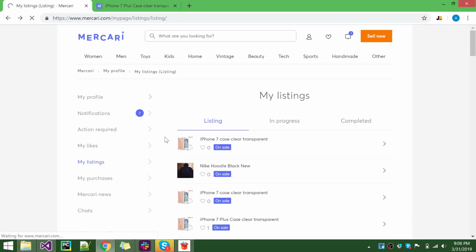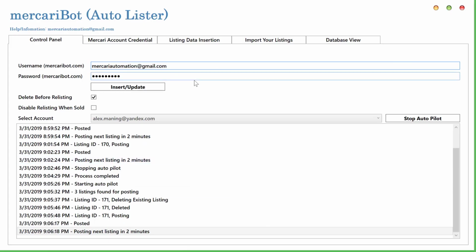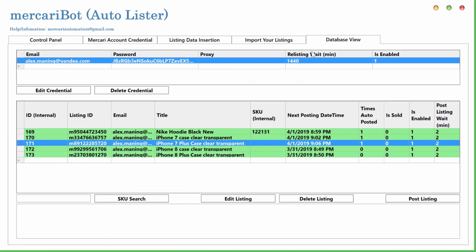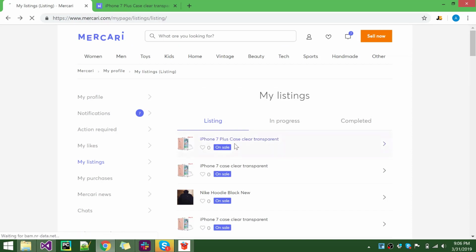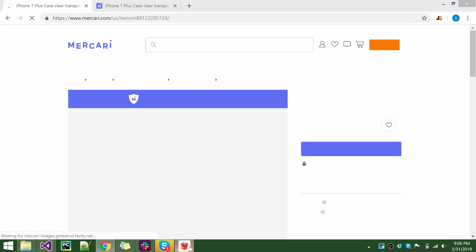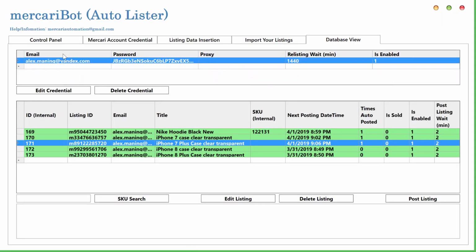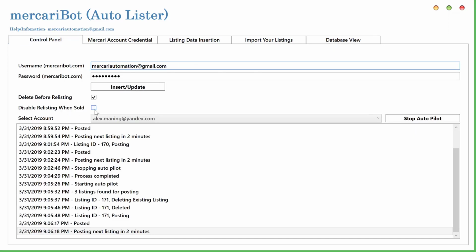If I refresh my database, I should see iPhone 7 Plus Clear Case Transparent. And this 171 listing is iPhone 7 Plus Clear Case, Case Clear, Transparent. There you go. So similarly, when you select this Disable Relisting when sold,